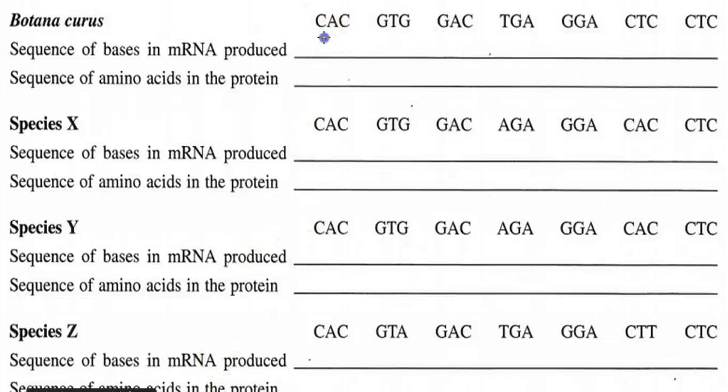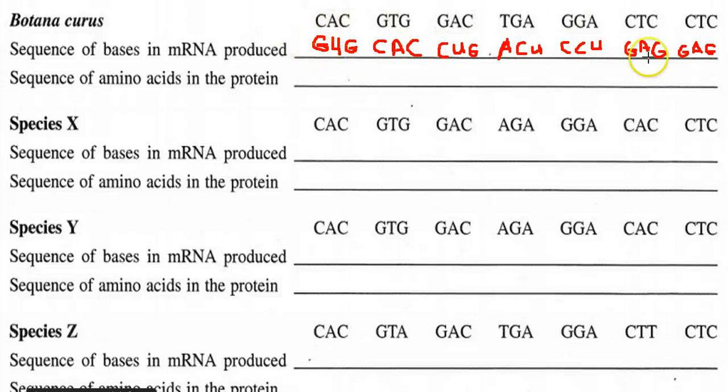So we're going to do C pairs with G, A pairs with U, C pairs with G, G pairs with C, T pairs with A, G pairs with C, G pairs with C, A pairs with U, C pairs with G, T pairs with A, G pairs with C, A pairs with U, G pairs with C, G pairs with C, A pairs with U, C pairs with G, T pairs with A, C pairs with G, C pairs with G, T pairs with A, C pairs with G. So now that we have completed the RNA strand,